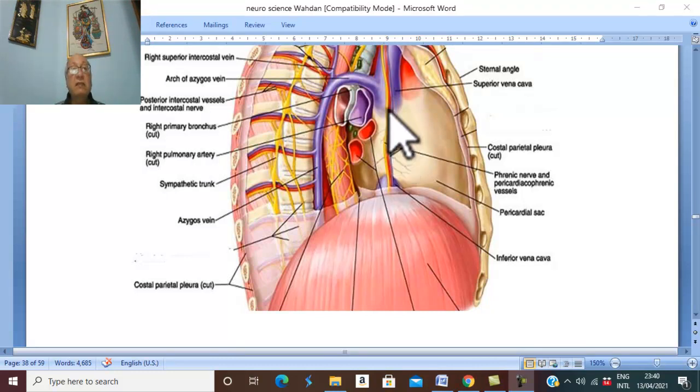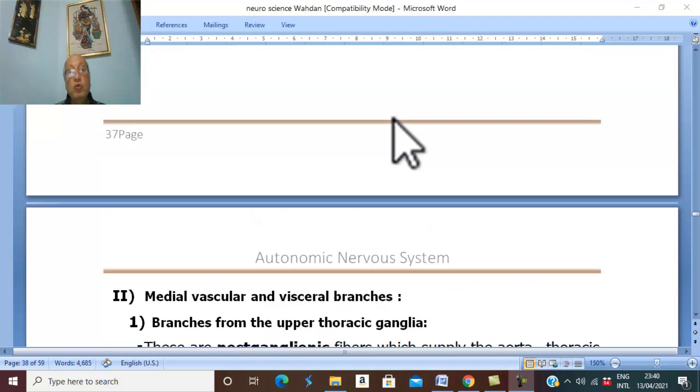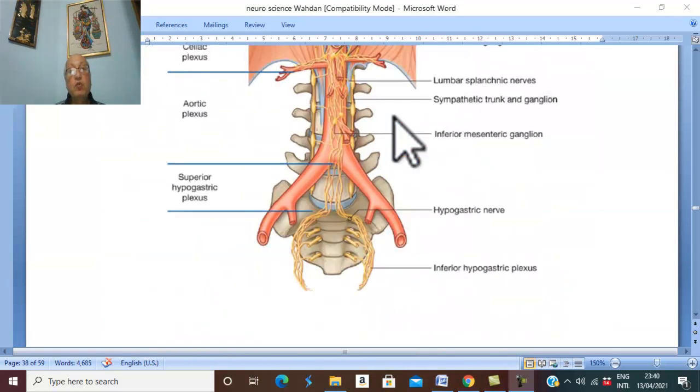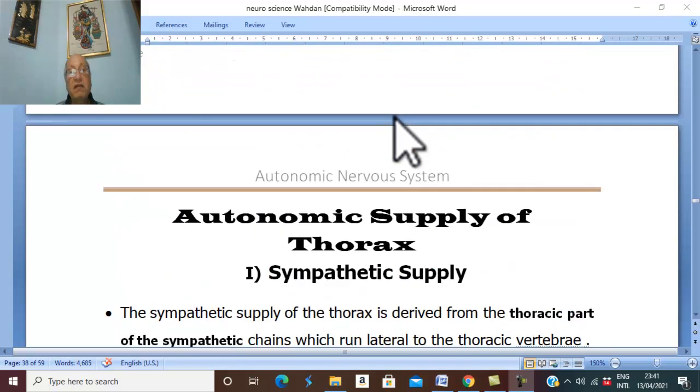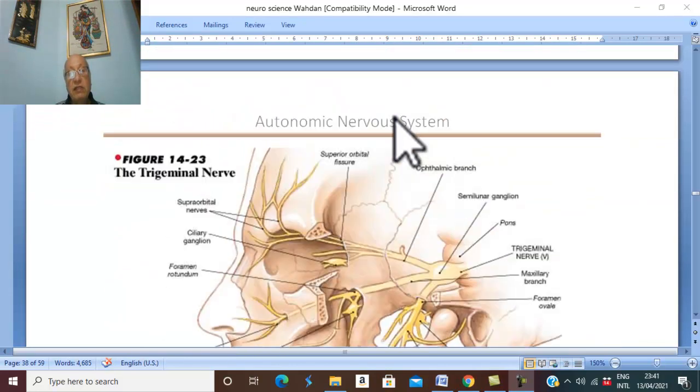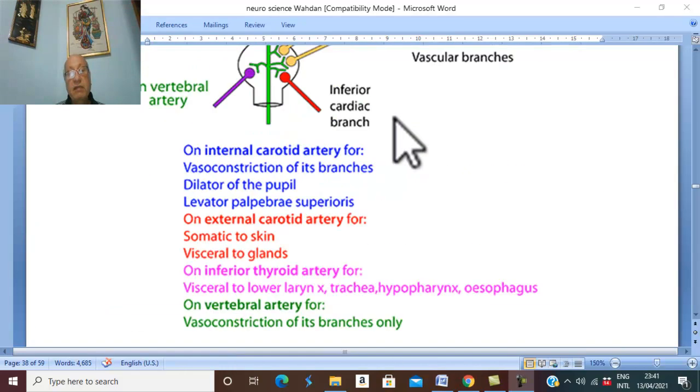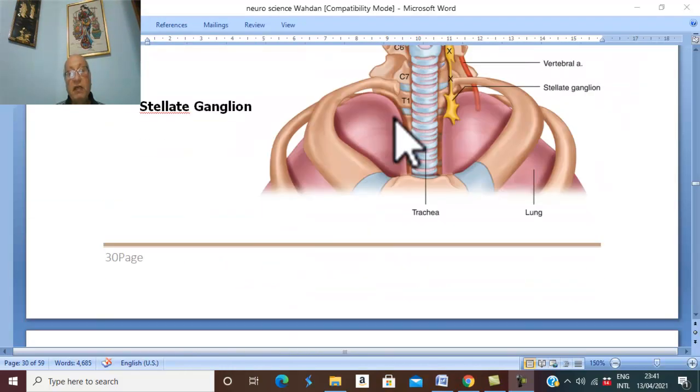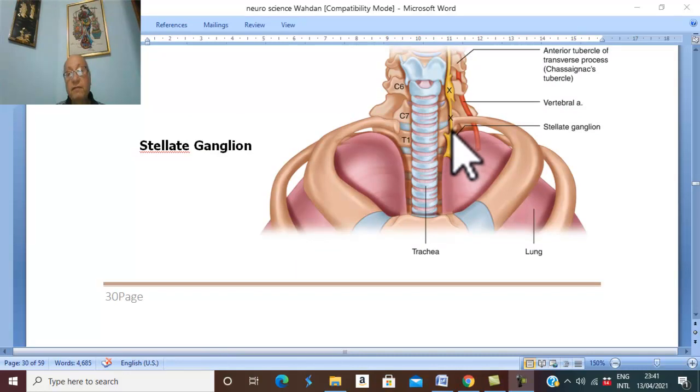The first thoracic ganglion usually fuses with the inferior cervical ganglion, as we saw before in the sympathetic chain. In the cervical region, the inferior cervical sympathetic ganglion fuses with the first thoracic sympathetic ganglion to form this ganglion, which is called the stellate ganglion, which lies in front of the neck of the